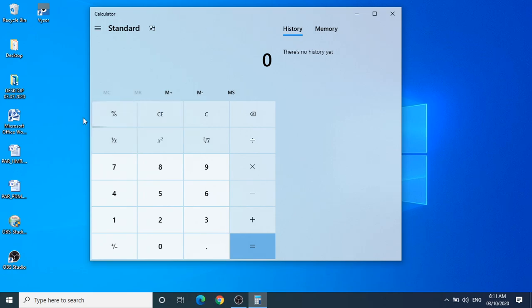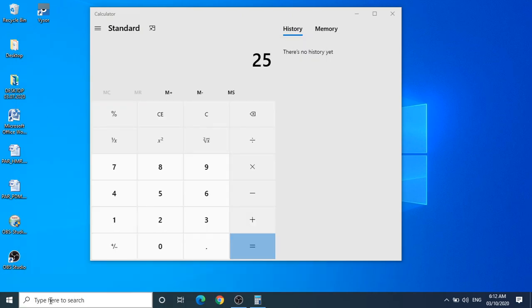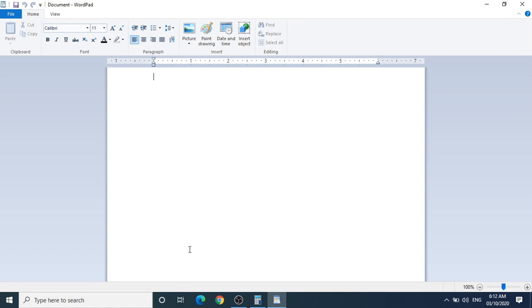Page number 20. First sum 25. Now you will say, ma'am, in the textbook the symbol of multiplication is different. The first sum is 25 multiplied by 45. On your keyboard, on the number 8 key, that symbol is there, called the asterisk sign. I would like to show you in WordPad how it looks.